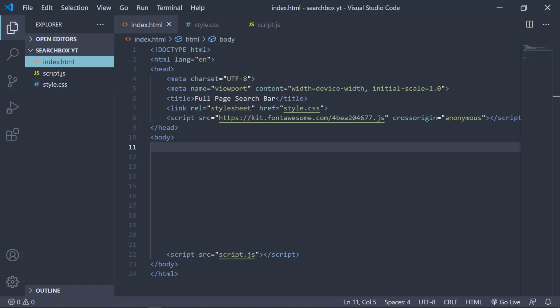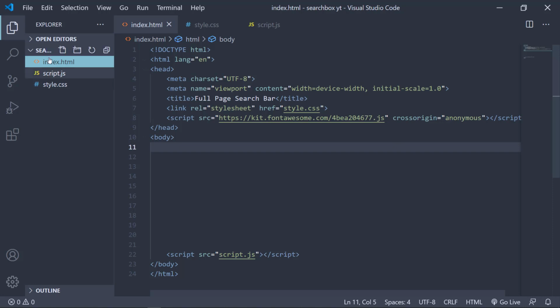At first I have created a project folder and I opened the folder in Visual Studio Code, which is my code editor of choice. Inside this folder there is a file for HTML, another file for JavaScript and another one for CSS. I have linked the CSS and the JavaScript file with our index.html, and I also added a Font Awesome kit. You can go to fontawesome.com and create your own kit and use it inside your project. It is completely free. You just need an email address to sign up.